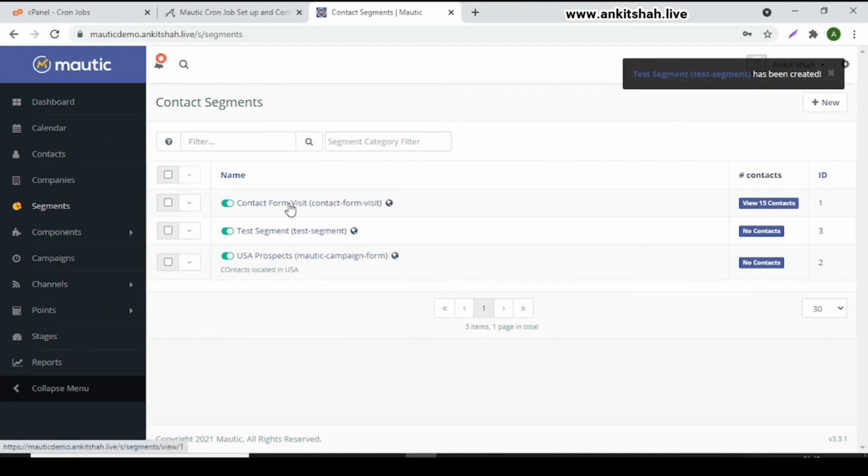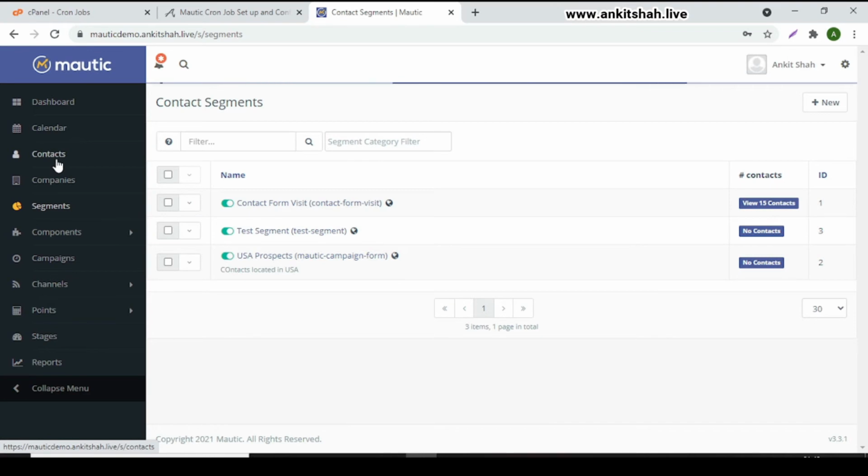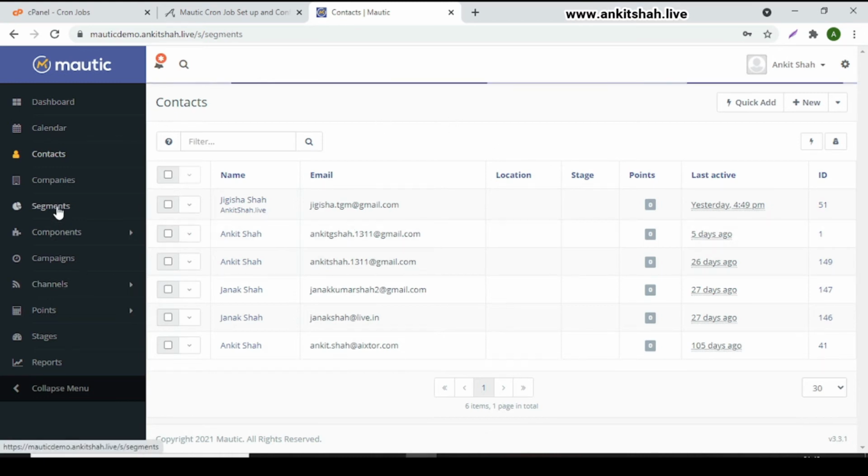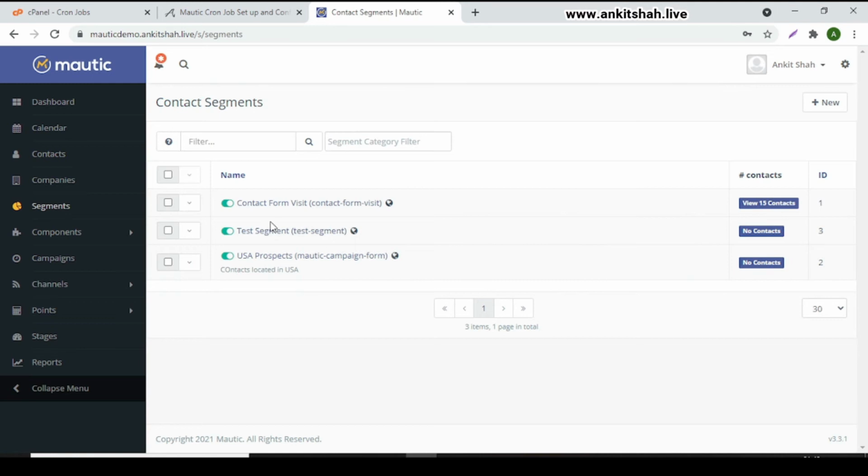Before adding this filter for your segment, make sure you add a single email address or single contact in your contact section. Now let's wait for 5 minutes for the segment to get updated.